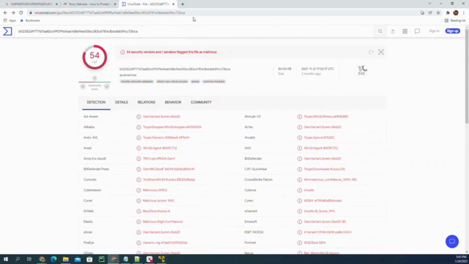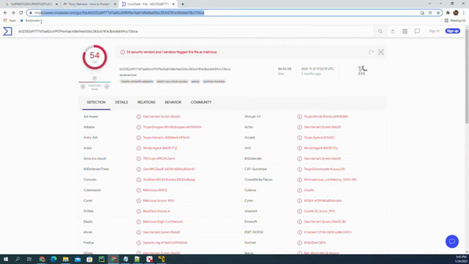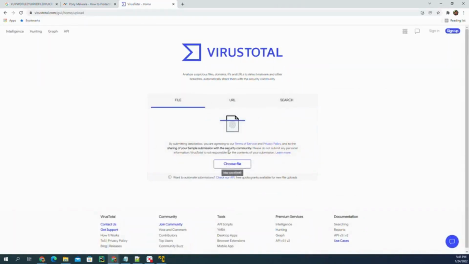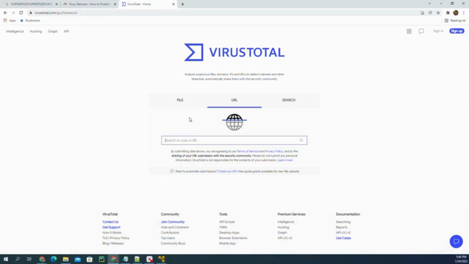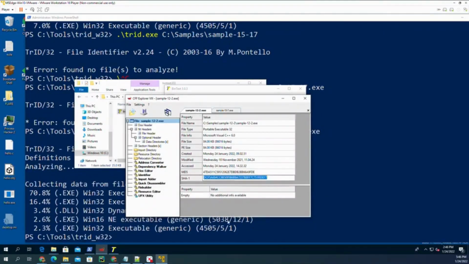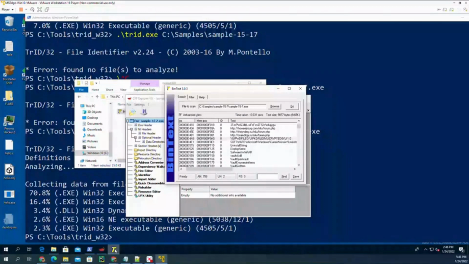except that you have to go to the first page. You have to upload the file over there, or if you want to check a site, you can put the URL, but you can also upload the file, and it's going to analyze it and show you the result. That's what we do without executing the files. The most informative one is using BinText for getting the strings,